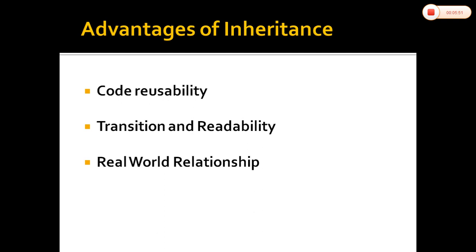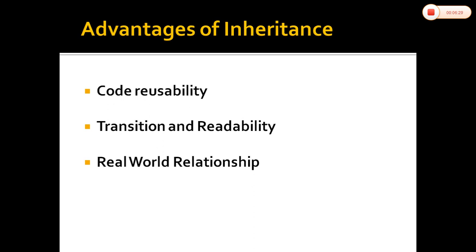Since we are reusing the same code of the parent, the same properties and methods of the parent class again and again in the child class, we call it reusing the code from the parent class by inheriting it to the child class. Code reusability helps the programmer reuse code which already exists, and this will help us reduce the time complexity. At the same time, it will reduce the complexity of the program also.